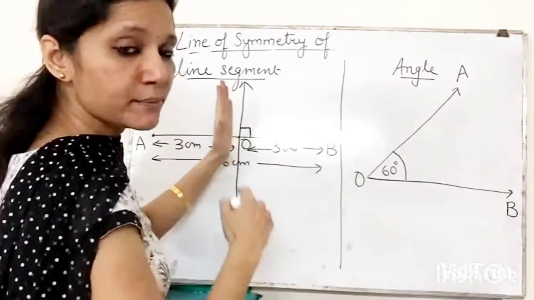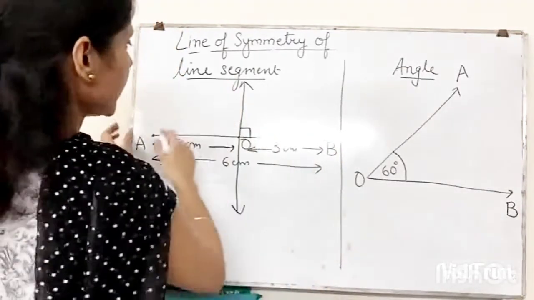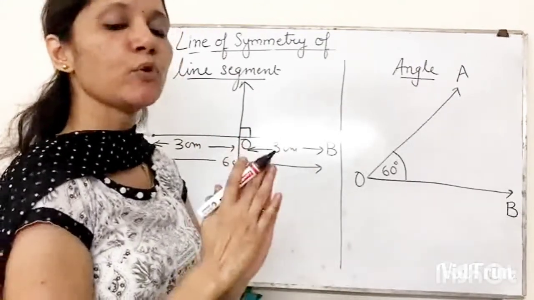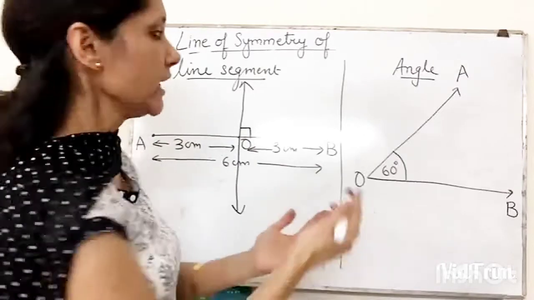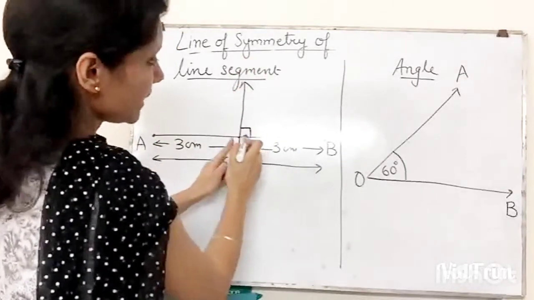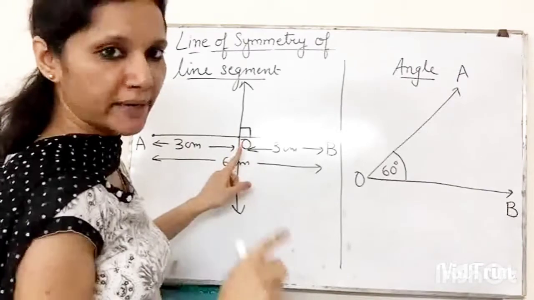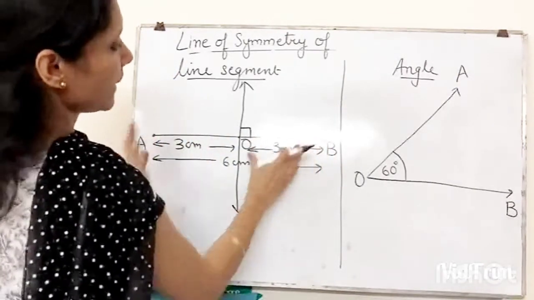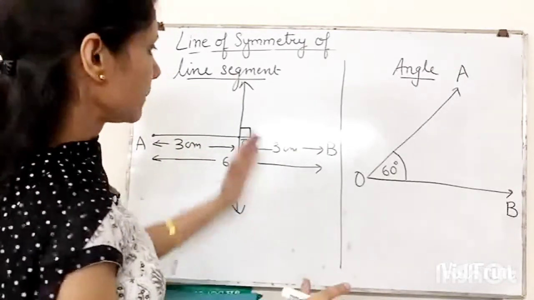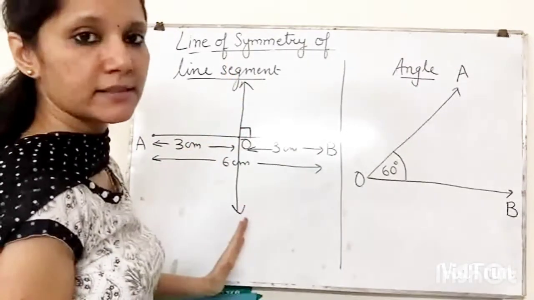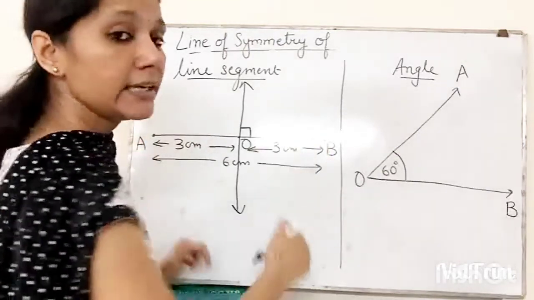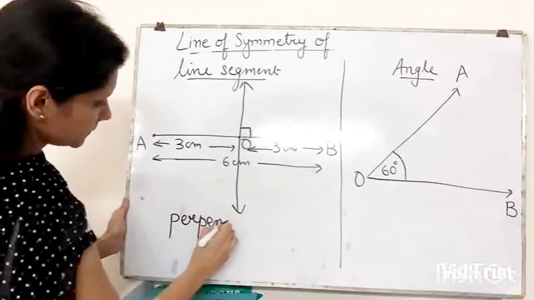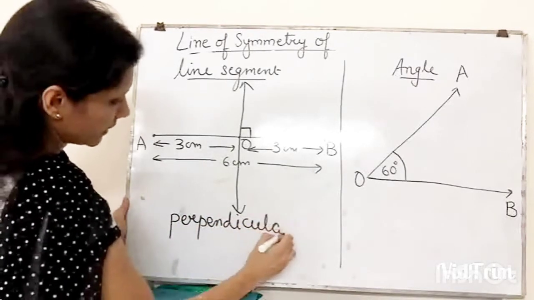And bisector means, a bisector is a line segment which cuts the given line segment into two equal parts. Bisect करना मतलब दो equal part में divide करना, ठीक है? So this line is straight, that means it is making an angle of 90 degree, तो वो perpendicular भी है, and then it is cutting this line segment AB into two equal parts, तो वो bisector भी है. That means the perpendicular bisector is the line of symmetry of any line segment. The perpendicular bisector.